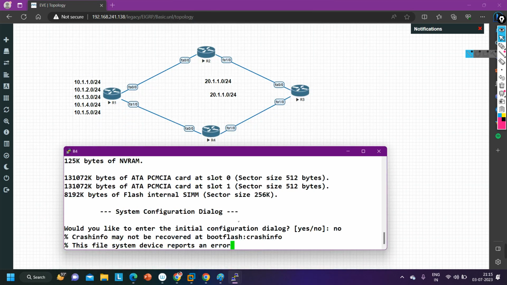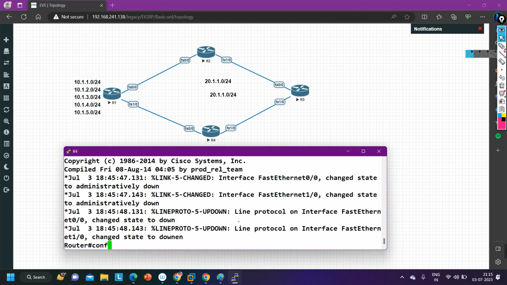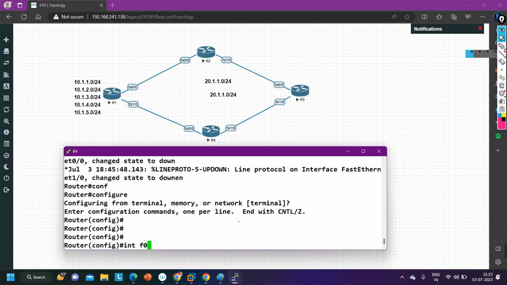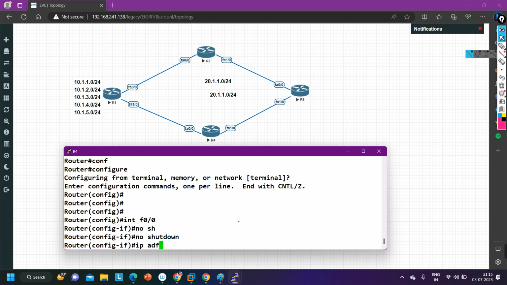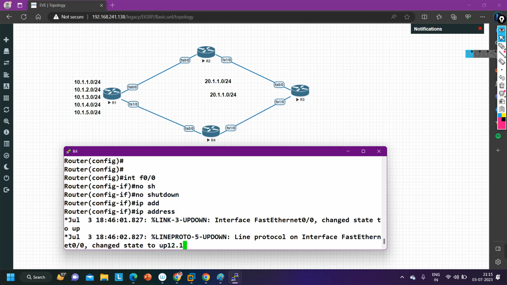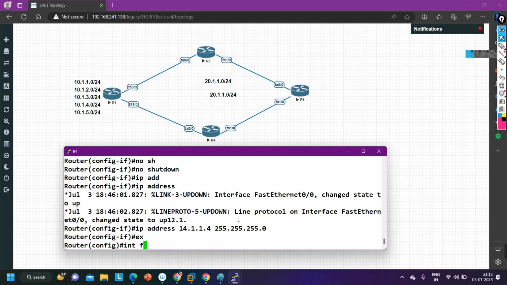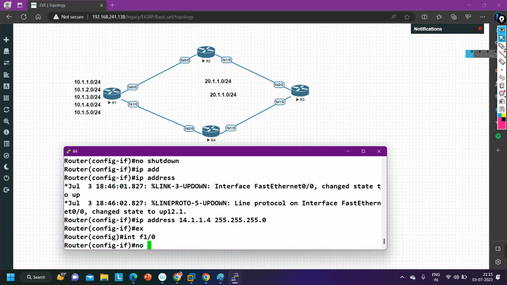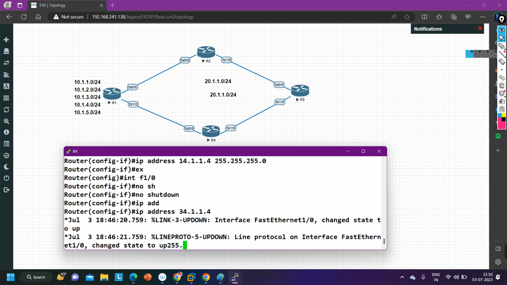This is my new router, R4. Enable, config T, interface F0/0, no shut, IP address 14.1.1.4, 255.255.255.0. Exit. Interface F1/0, no shut, IP address is 34.1.1.4, 255.255.255.0.